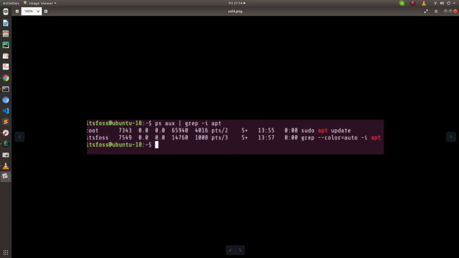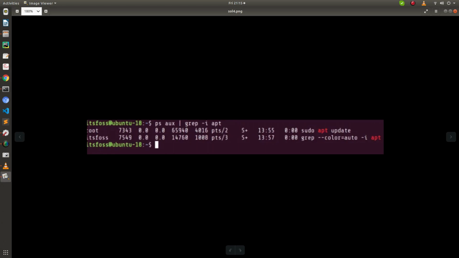There you can see that the root user is running some process, and its PID is given. So this is the PID of the process, and you can see that it is using apt update,